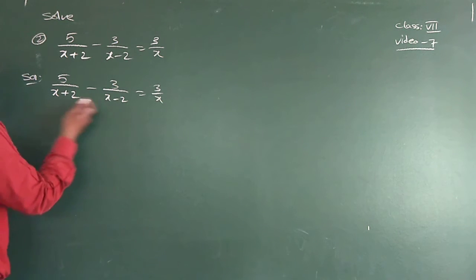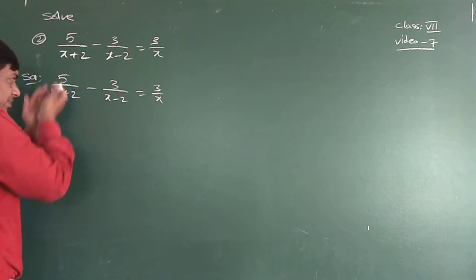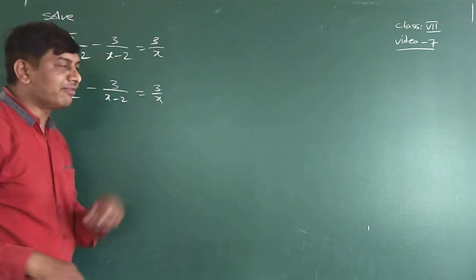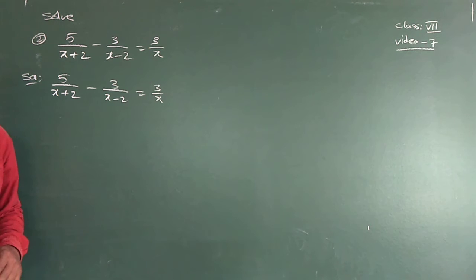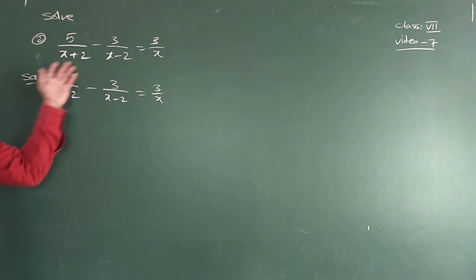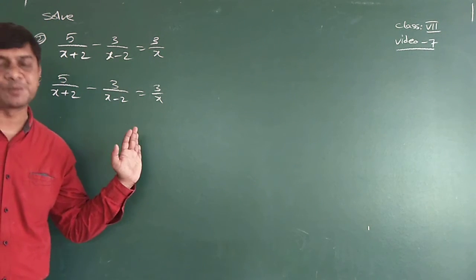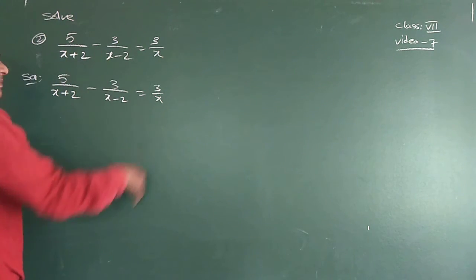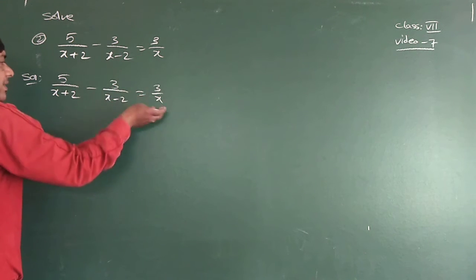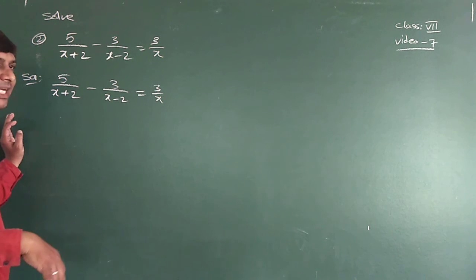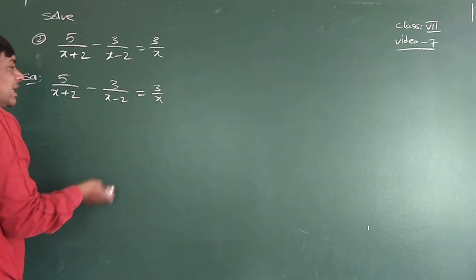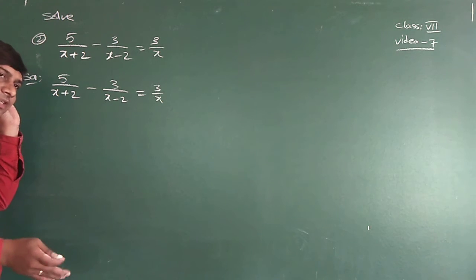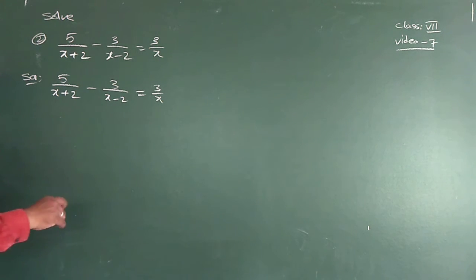So first take the LCM. On the left side you need to simplify first before proceeding to cross multiplication, because we have more than one term there. Without the simplification we can't cross multiply. In the previous question we cross multiplied, but here you can't cross multiply immediately. You make these two terms into one single term, and after that you cross multiply.